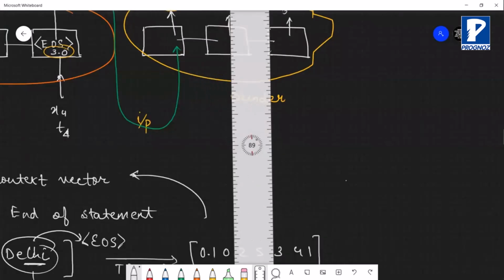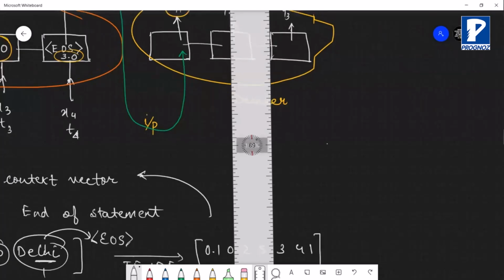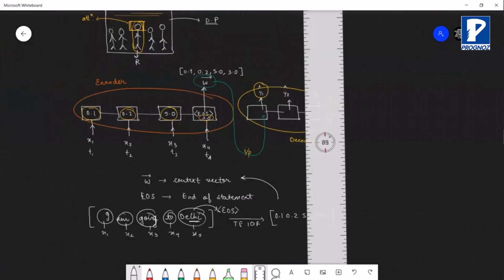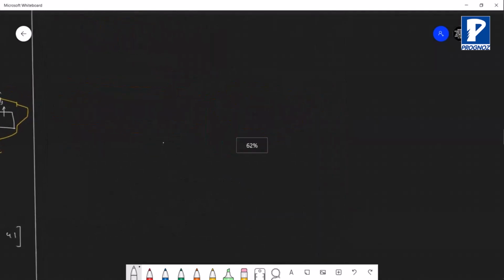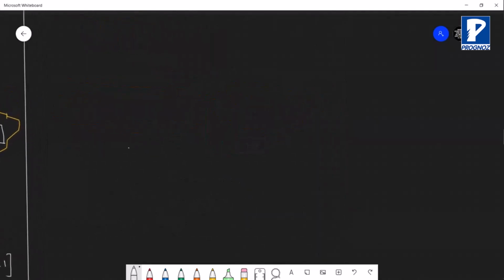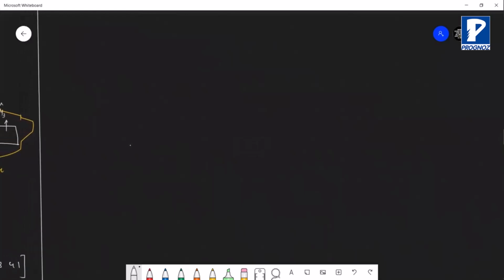Fine. So because this fundamental concept was essential, let us now talk about attention models, which is the topic for us to discuss for the day. So let us talk about the attention mechanism. Now in case of attention models, you will still have encoders and decoders, but the architecture this time will change.